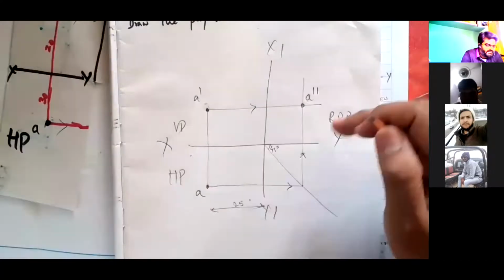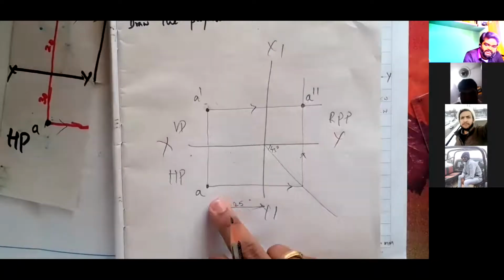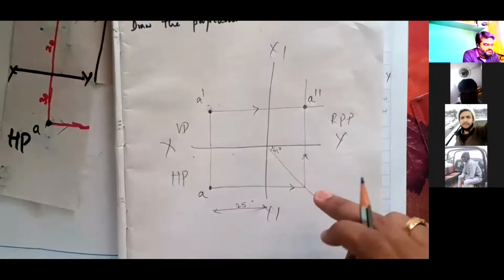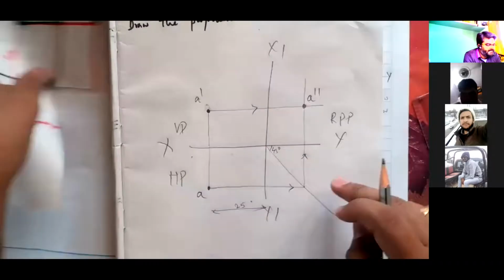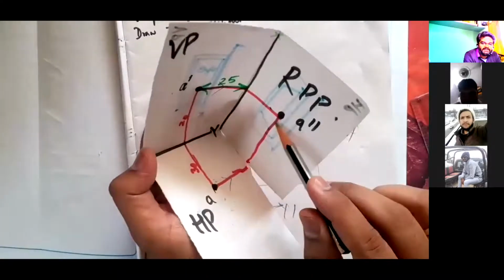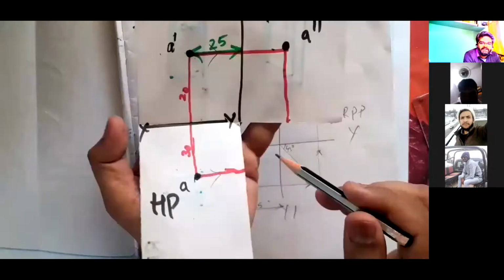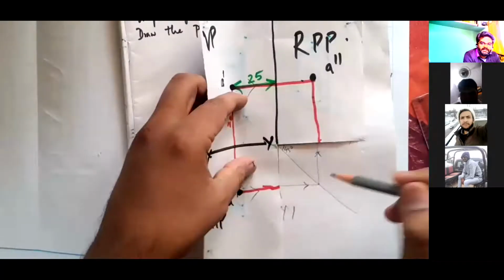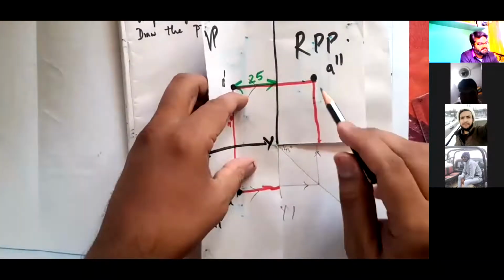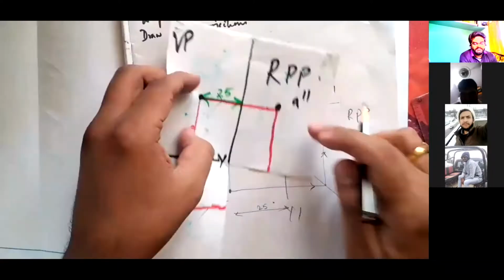If I want to know the third view, I have to draw a 45-degree line where a plane of projection is not there, to make these two lines meet. See, this red line and this red line, the two projectors, have to meet somewhere here. That meeting is lost. So what I'm doing is drawing a 45-degree line here, where this line meets the 45-degree line. From here you draw above and find A double dash. That is a left side view of an object.